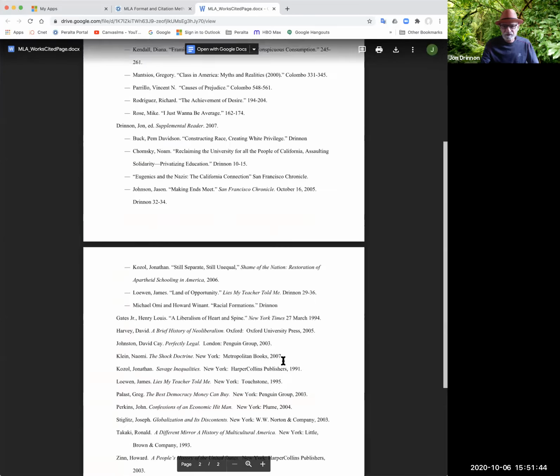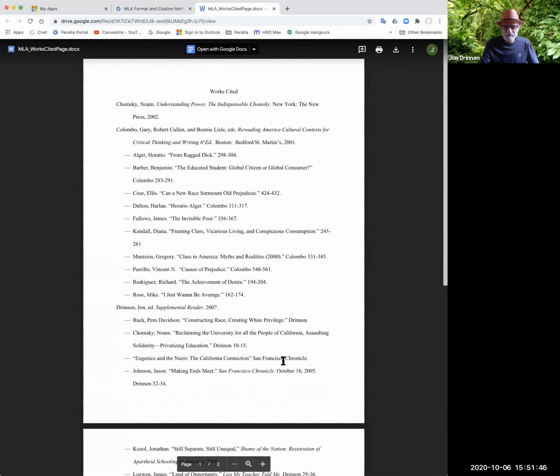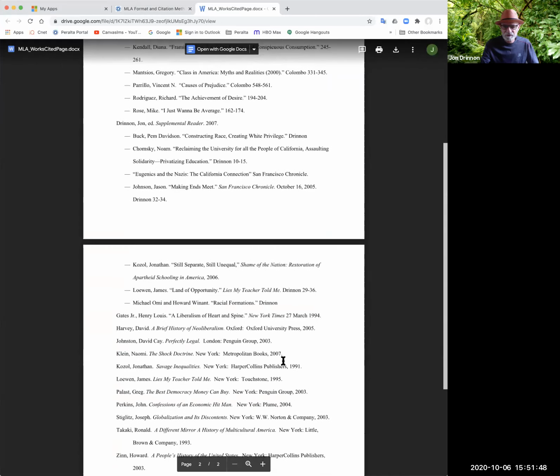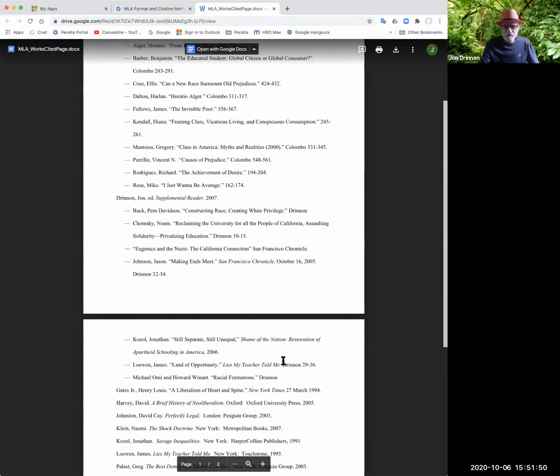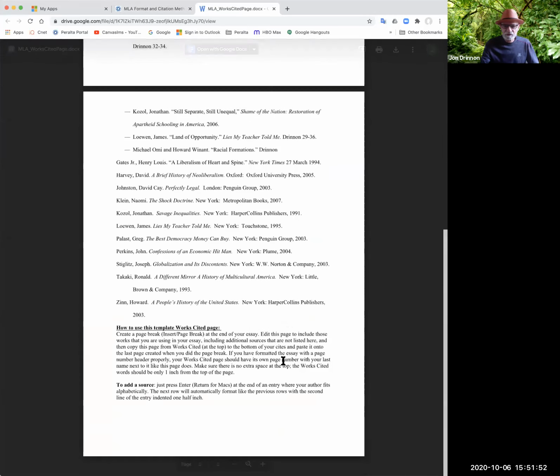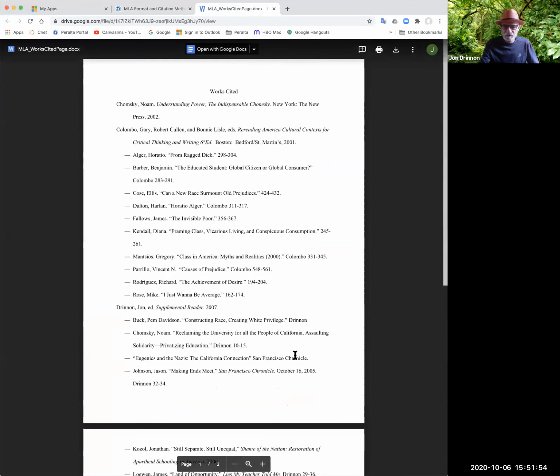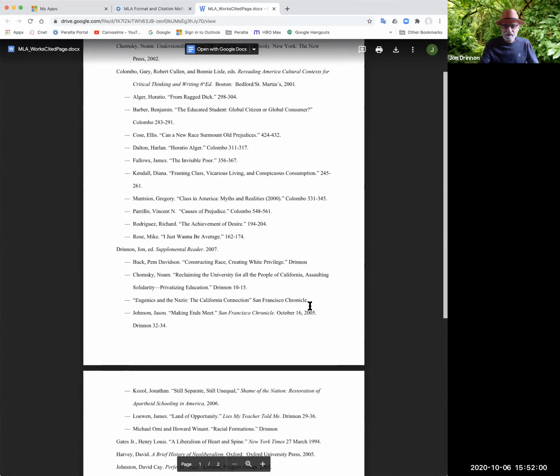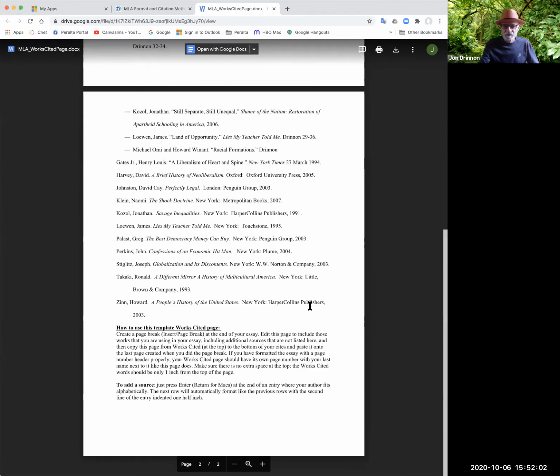I'm going to have to fix this because it's got a lot of different stuff in here. So this one is going to work for you because it's got all the different things that we've read this semester. What you want to do is download this to your computer and then delete the things that you don't use. Everything that we have in here is on here. If you add something from the internet that you want to add, then you're going to have to add it yourself.